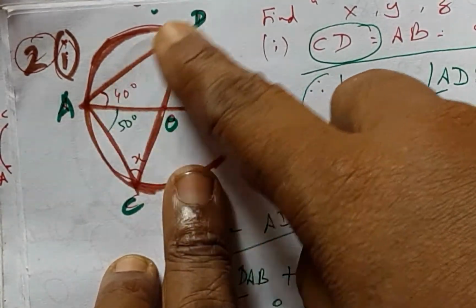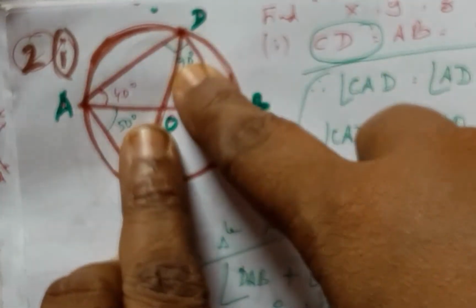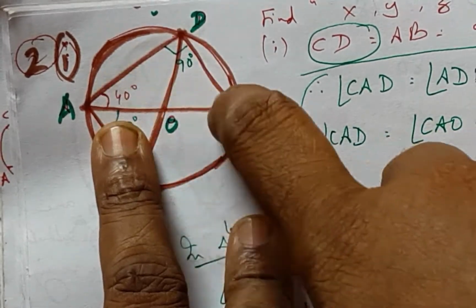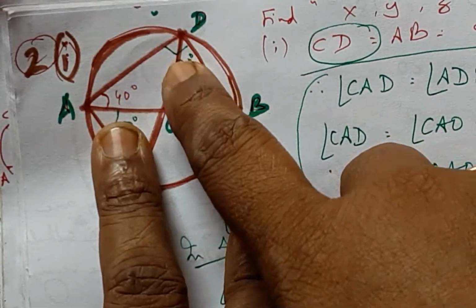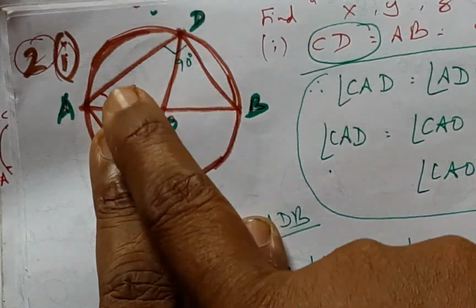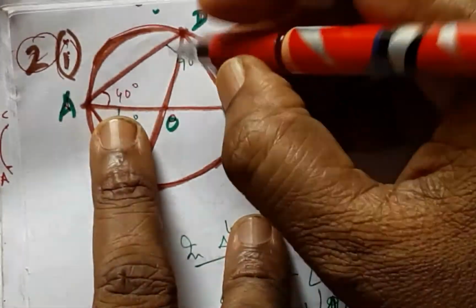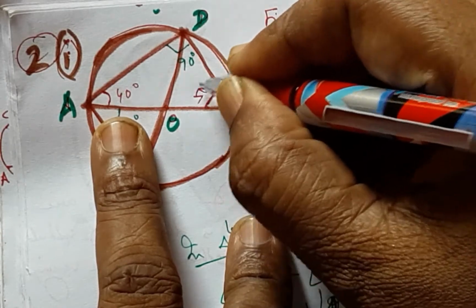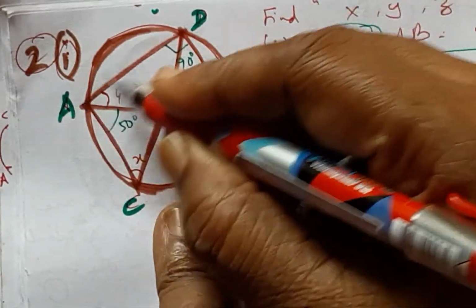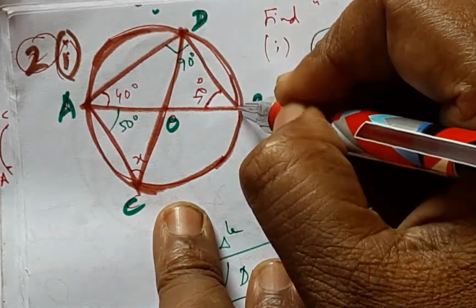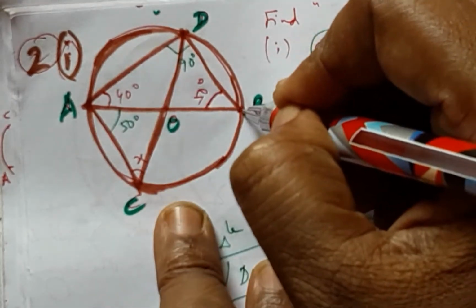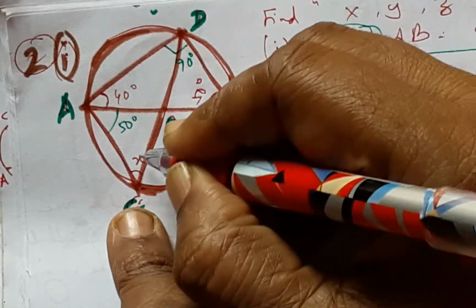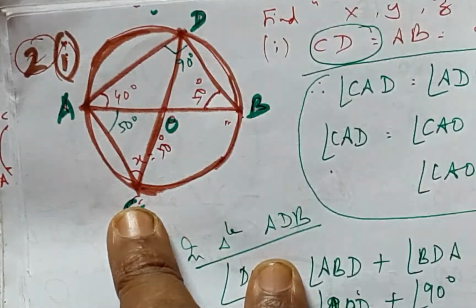And simply here in this triangle ADB, if this is 90 and the given angle is 40 degrees, by angle sum property of ADB, I have 180 minus 130 comes to 50 degrees. Right over here, this is 50 degrees. And you can see that AD is a chord which is subtending two angles at two points B and C, which will be every time equal. Therefore X will also be 50 degrees.